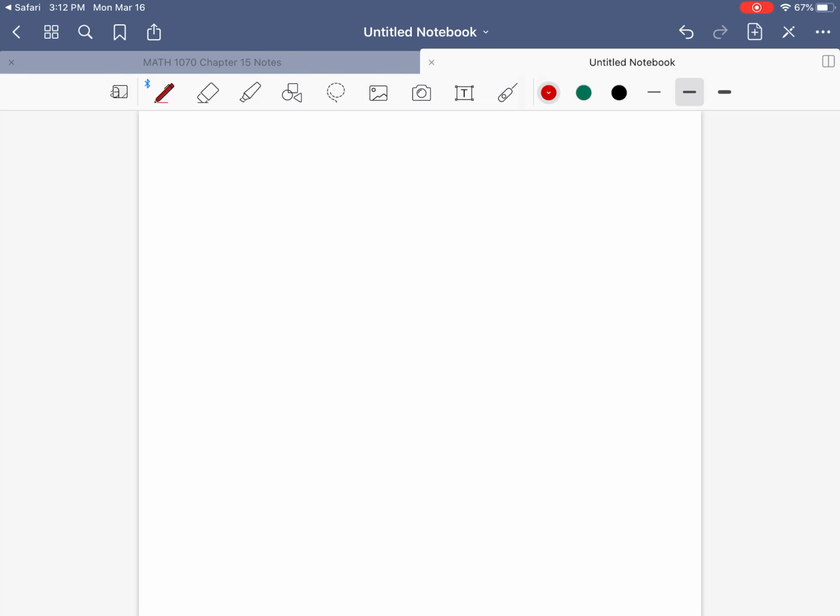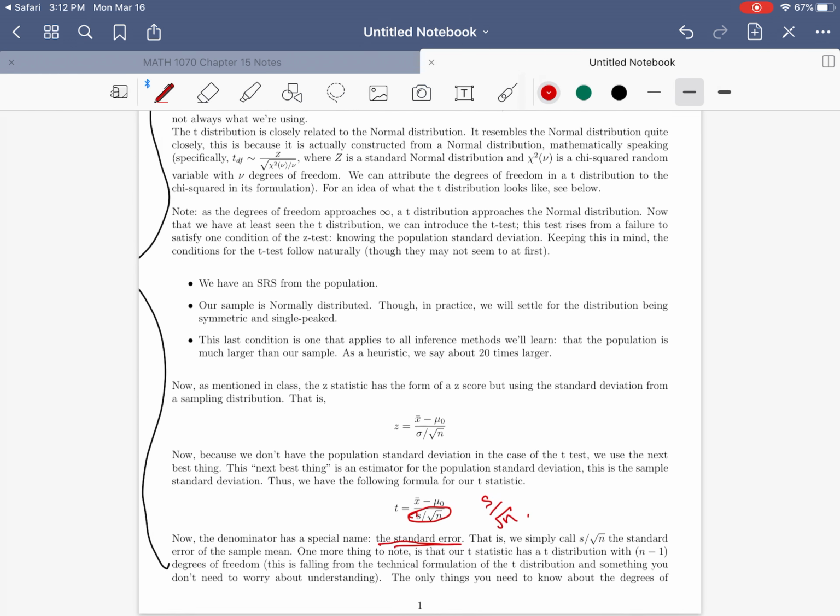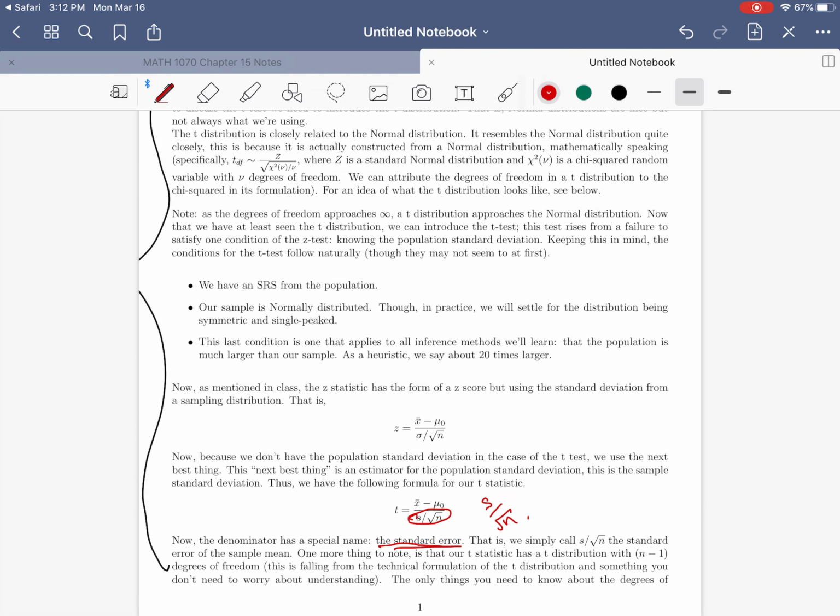So moving forward, we'll start getting into how to actually use a t-table and the